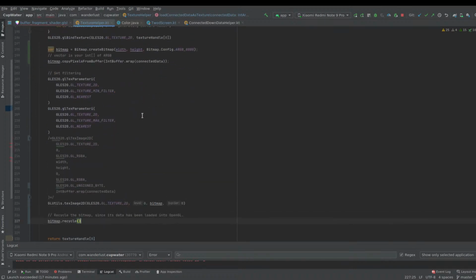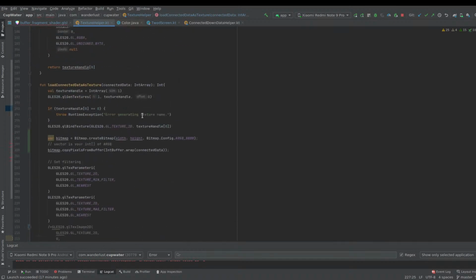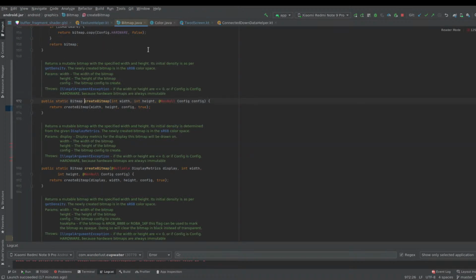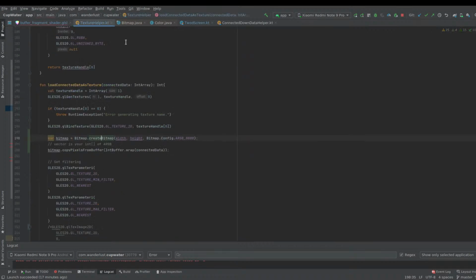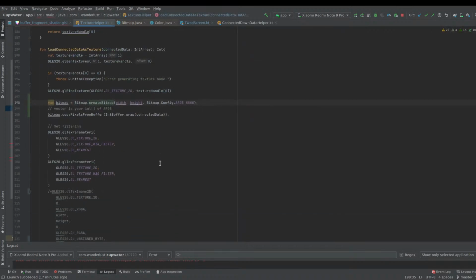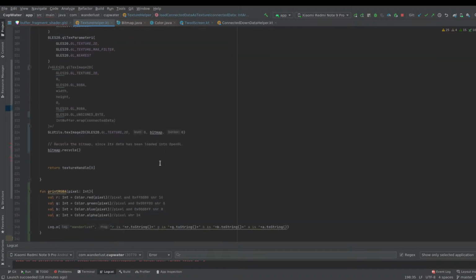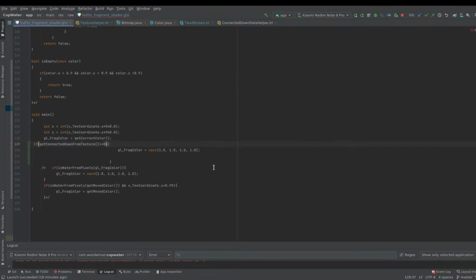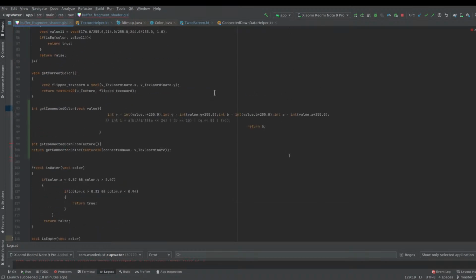While doing that, I made sure that I created a bitmap with width and height, configured it, and I just copied the data from the int array and passed it across. Now this should have all been fine if in this particular set of code, if I did get connected data from texture, which is here,